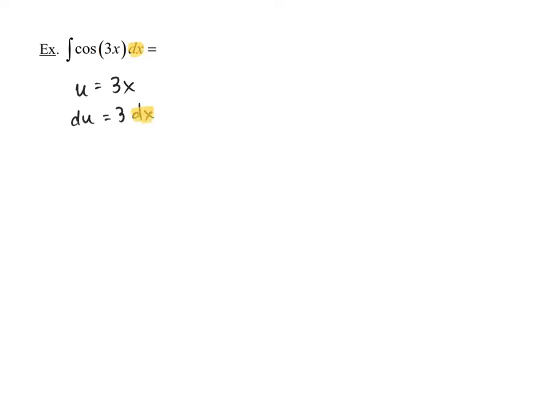The only thing I do not have is the 3, and so I can fix that issue pretty easily by dividing both sides of this equation by a 3. So 1/3 du is going to equal dx. Okay, that means I can replace dx with a 1/3 and a du, and then the part that I did not highlight just yet is cosine of 3x. Well, 3x is my u, so if I write this in terms of u, that's going to be cosine of